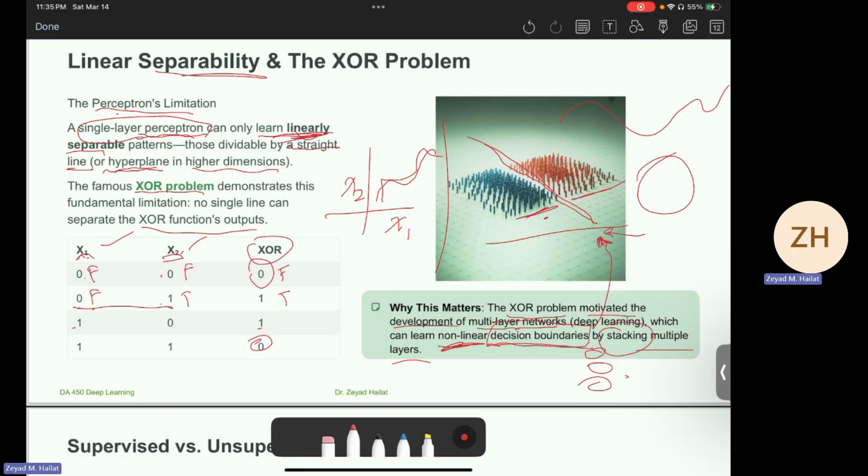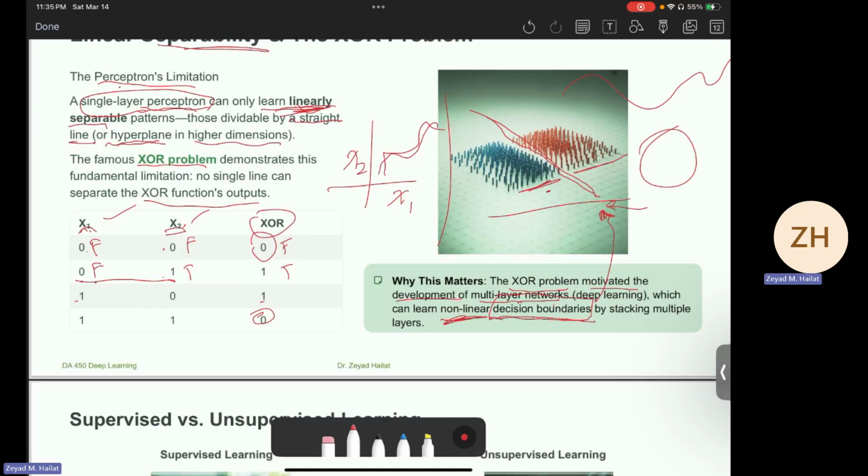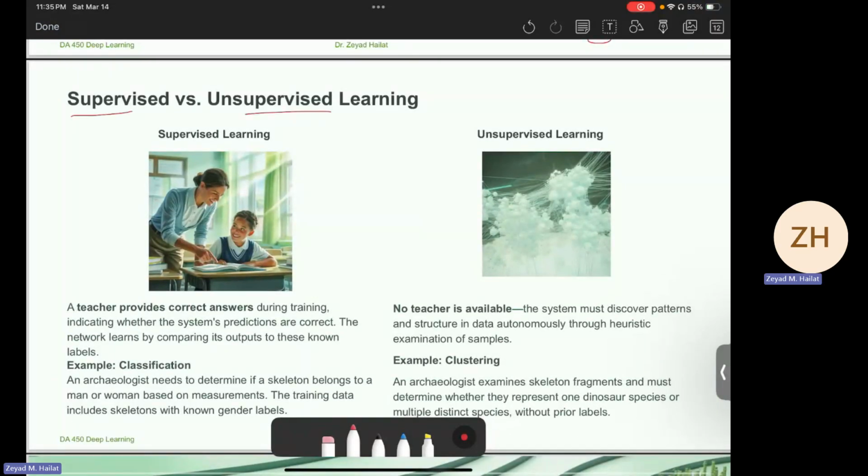Now, this gives us a good motivation that we need more complicated models that can capture decision boundaries, and these decision boundaries are non-linear, which is what we see in practical life. A decision boundary is only linear in very special cases, and in practice, in most cases, it's non-linear. This brings us to the point that a neural network can be used in multiple types of problems. For example, it can be used for supervised or unsupervised learning. It can be used for generative models. It can be used for reinforcement learning.